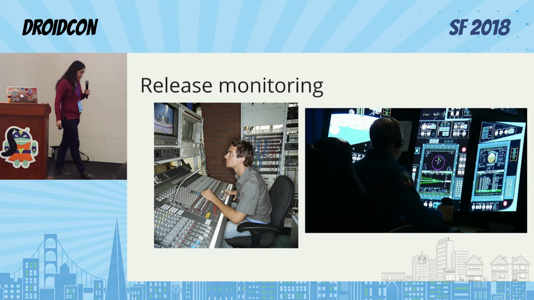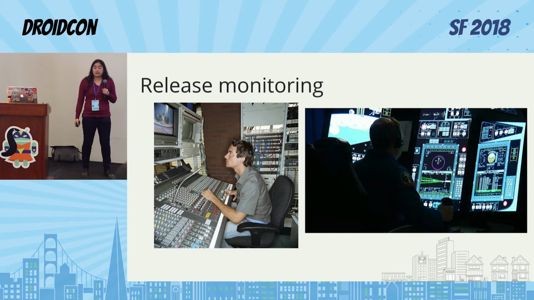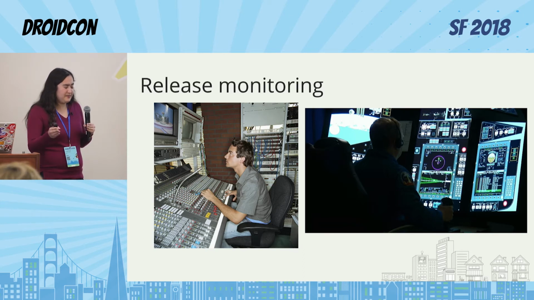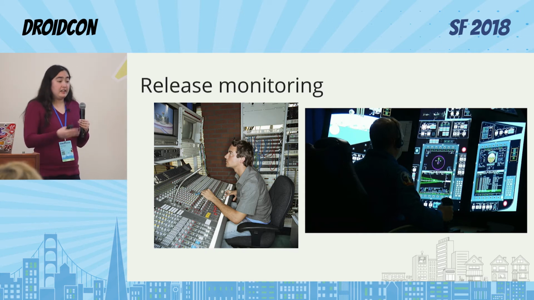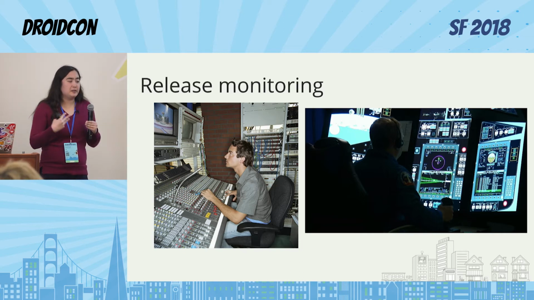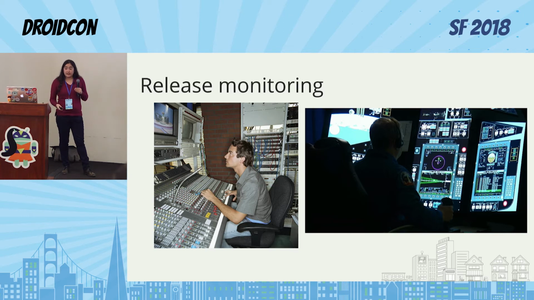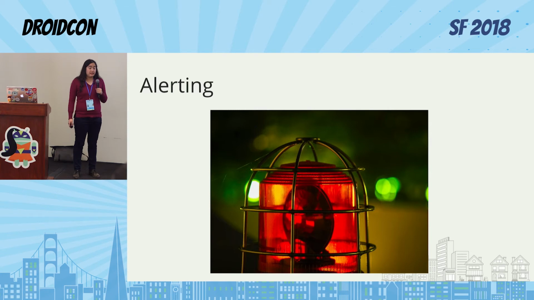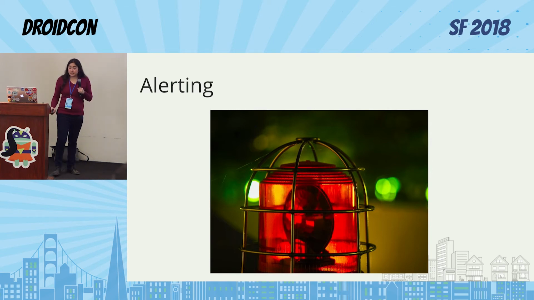So currently, we have this as part of our release monitoring process. We have a dashboard that has all sorts of statistics about the current release, and so we can see now if we're consuming significantly more data than in the past. We can deal with this right away, or even if we're just consuming a little bit more data than in the past, we can dig into that and find out if it's a problem. We've also set up alerts for if anything strange is happening with the amount of data we're suddenly sending or the number of requests we're suddenly sending.